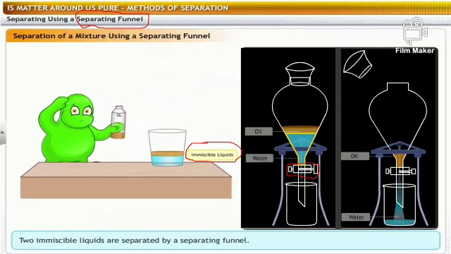So you can see oil and water, they do not mix with each other and make a separate layer. So what we'll have to do, we have to open this stopcock. Stopcock को जैसे ही हम लोग open करेंगे, the lower layer which is formed by water is allowed to pass through this funnel. So first the water is collected in the beaker, and suddenly when the oil comes, we close the stopcock. So we will get oil in separating funnel and water in the beaker.